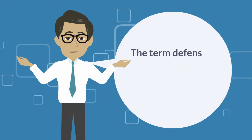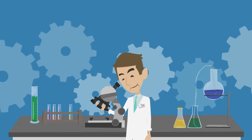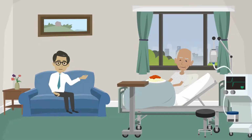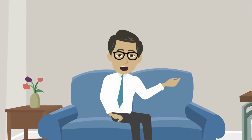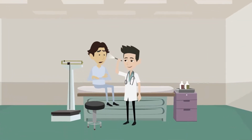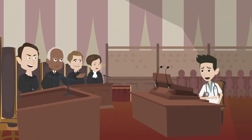7. Defensive medicine. The term defensive medicine is also known as defensive medical decision-making. The term refers to the practice of recommending a diagnostic test or medical treatment that is not necessarily the best option for the patient, but an option that mainly serves the function to protect the physician against the patient as a potential plaintiff. US physicians are at the highest risk of being sued,